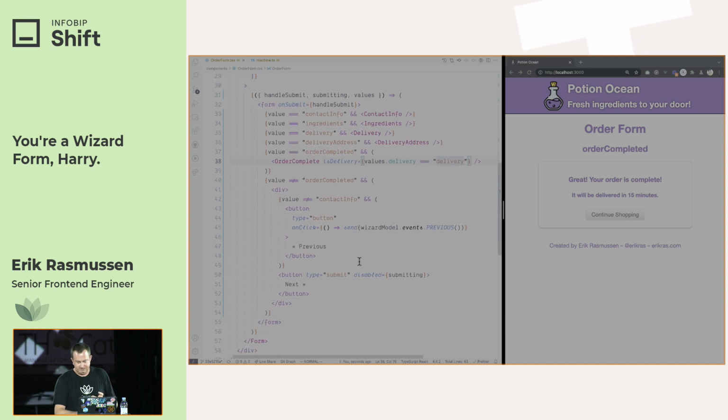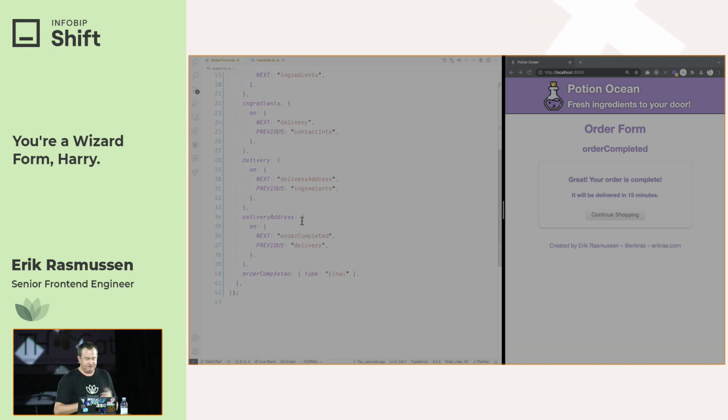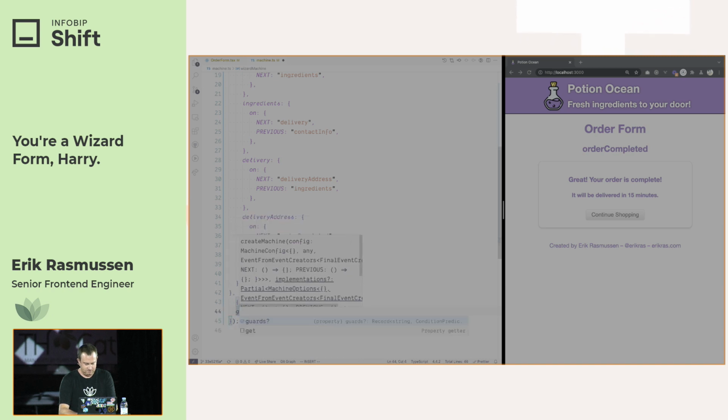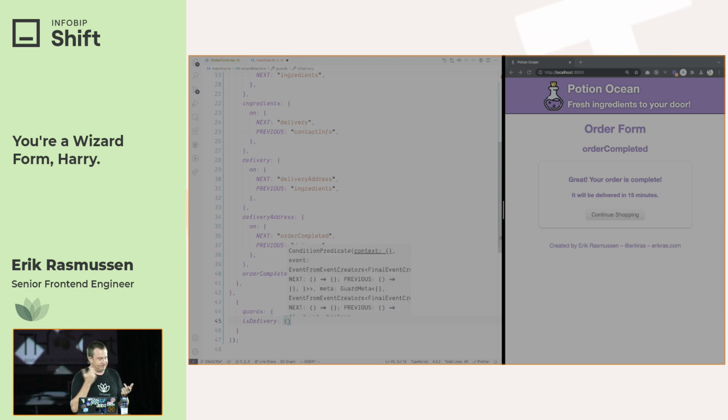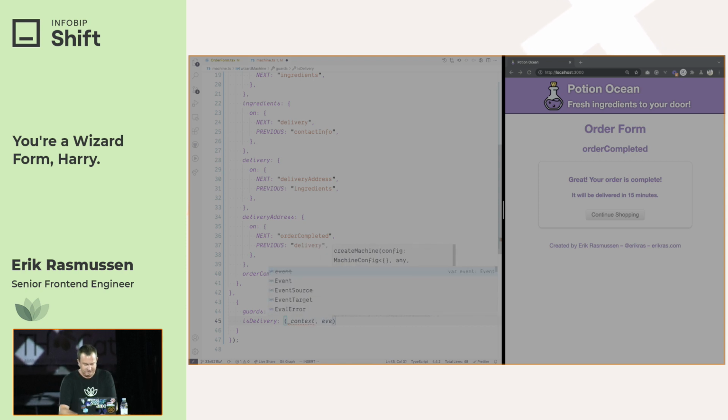So the only thing that we haven't done yet is the skipping a step. And that is what we're going to do now. So the way you can conditionally choose which state you go to on an event in XState is to use what's called a guard. And a guard is just a predicate that is given the context and the event and will give you back a true or false. So we define these down here in this other object, guards. And we're going to call this is delivery. And like I said, this is a function that takes the context and an event. If you use XState very often, you will understand that almost all the API is a function that gives you the context and the event. So here we don't need the context because we're not really using context. And our event,